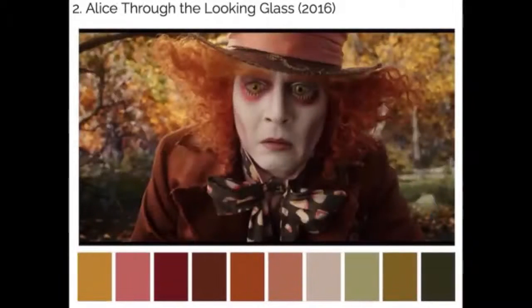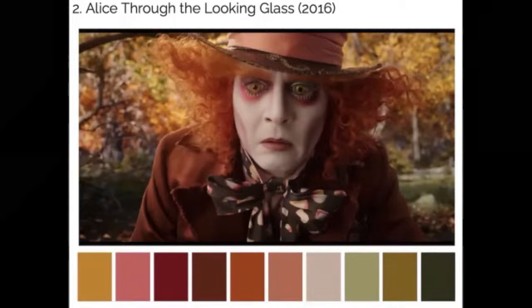Let's take a look at the next one. Alice Through the Looking Glass, Johnny Depp, 2016. If you look at the colors, they're different values, but look at how much they're muted down. It makes a huge difference. Next one,